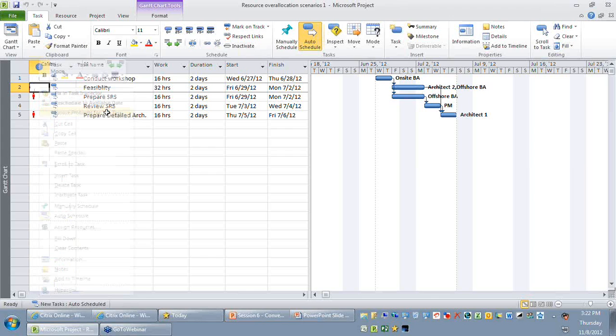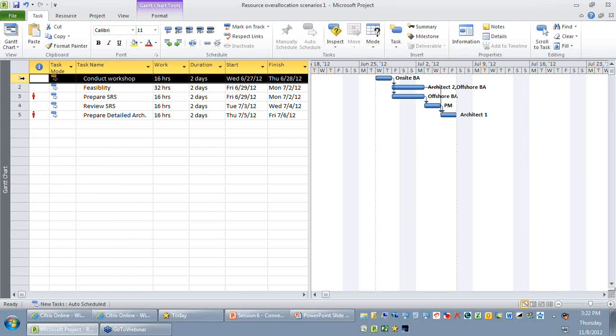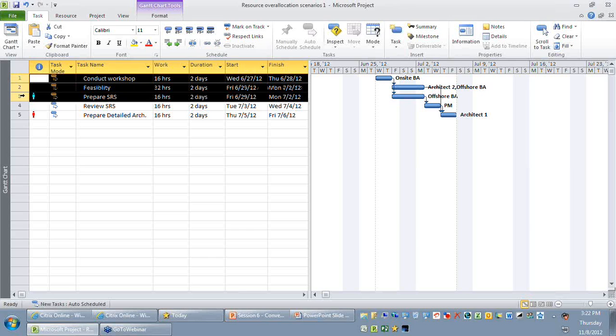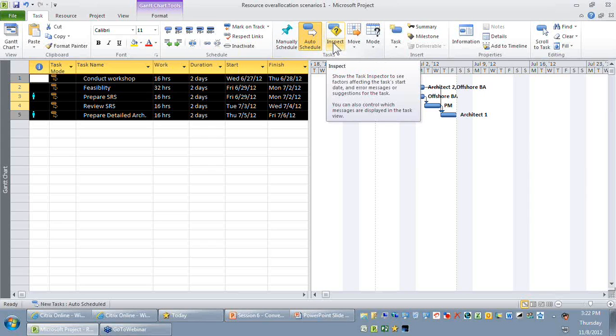Okay. So you might ask now, how do I get it back? So it's quite simple. You just need to select all the rows. Okay. And once you've selected all the rows, just go to the inspect option in the tasks group. Okay. So on the inspect option in the task group, you can find that there is an option called show ignored problems. Okay.